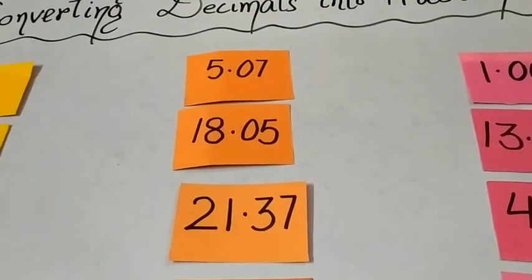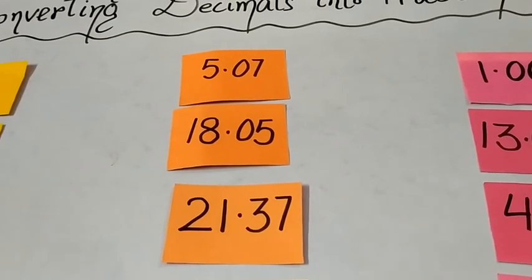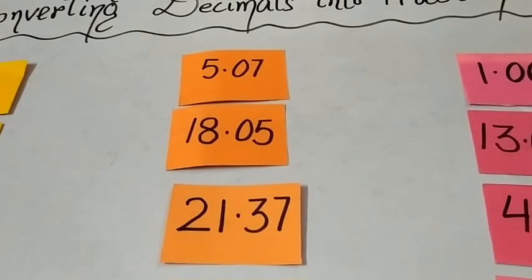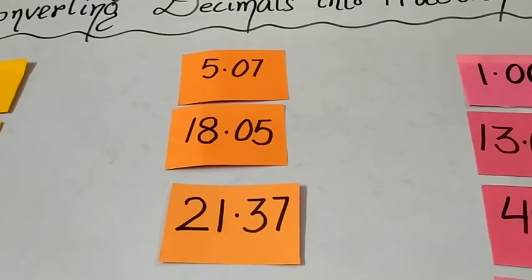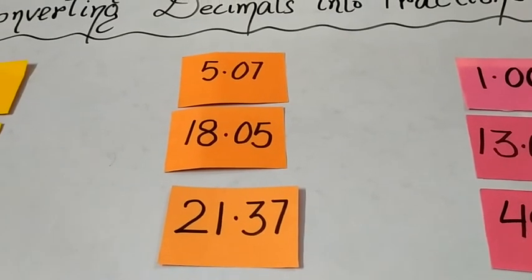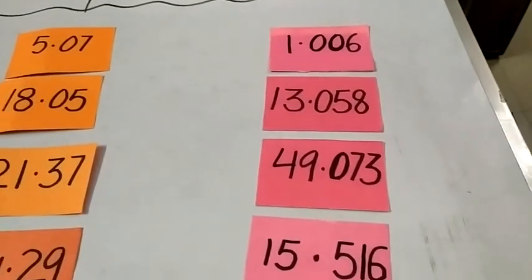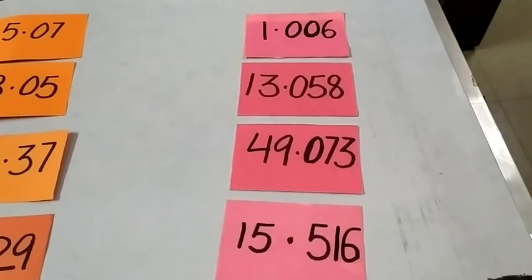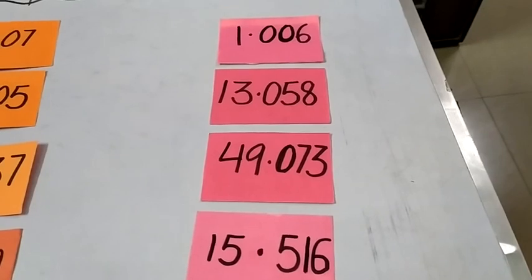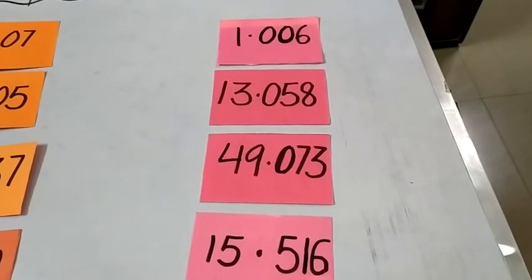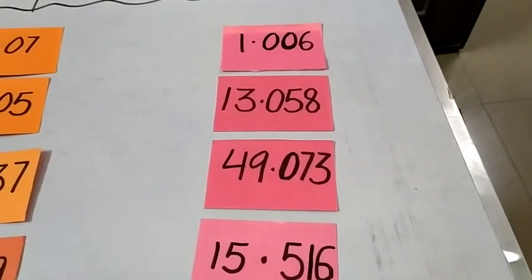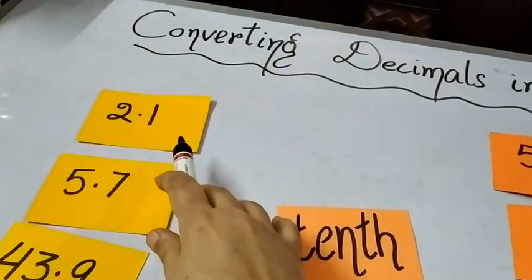So what are the two places after the decimal? Tenths and hundredths. So the second place after the decimal is hundredths. So here the denominator will be 100. Now coming over here, there are three digits after the decimal, so 1000 is the denominator because there are three digits after the decimal. Now let's solve this one,